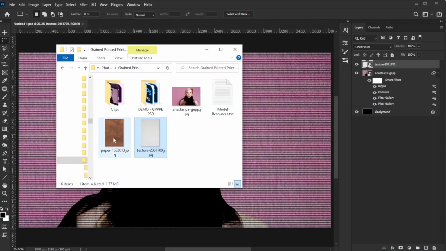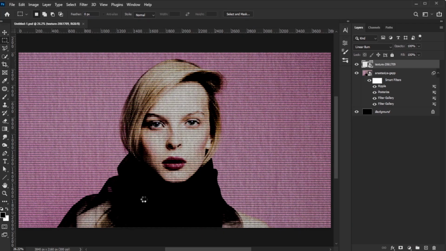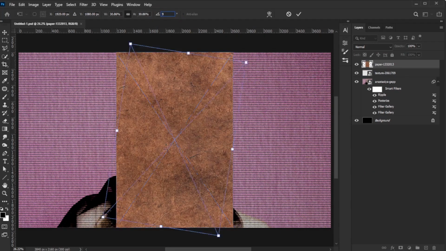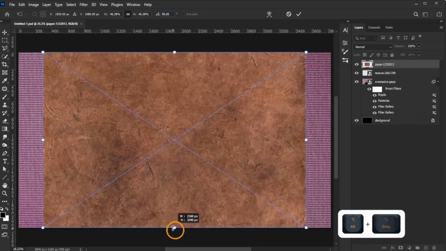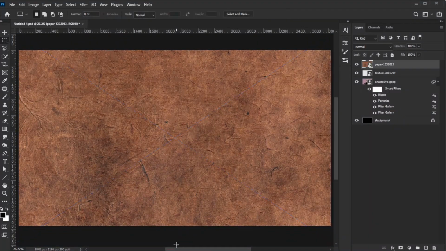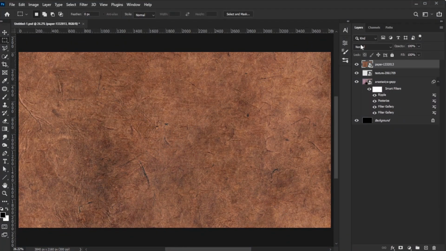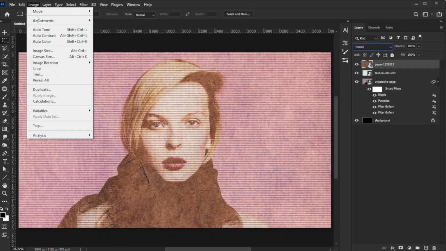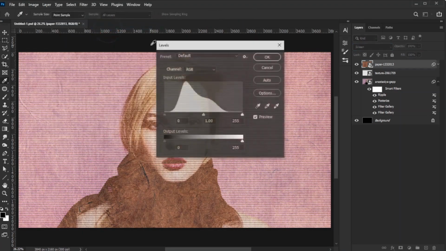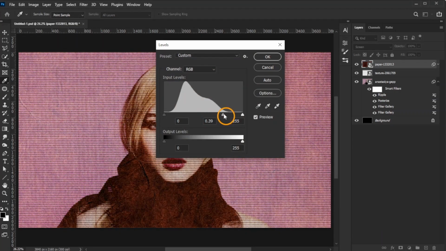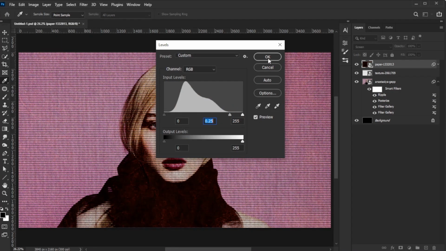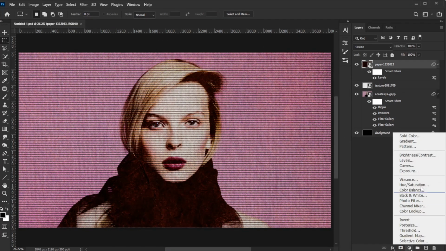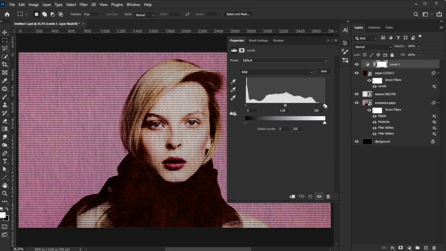Next, drag the dark paper texture onto the canvas. Rotate it 90 degrees and resize it the same way. Confirm the changes and set the blend mode to screen. With the dark paper texture layer selected, go to Image, Adjustments, Levels, adjust the midpoint slider as shown in this example, and click OK. Add a Levels adjustment layer, drag the highlight slider slightly to the left to increase the